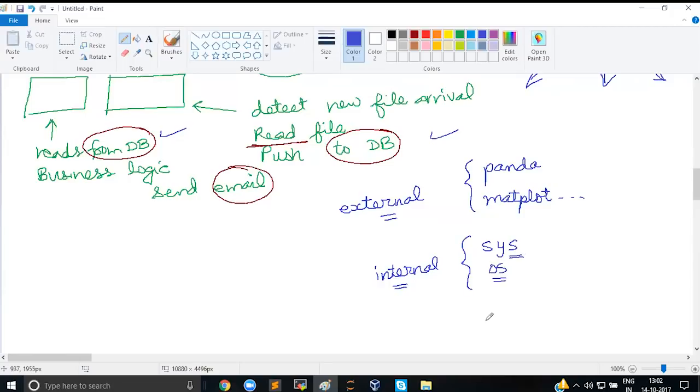So these are some of the interesting modules. Then there are modules for hashing, and we have modules to make connections to the databases. So we will see that. The first thing is,